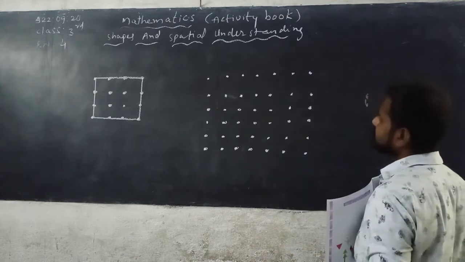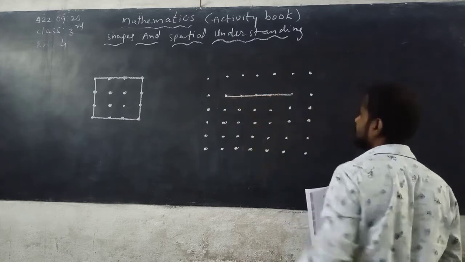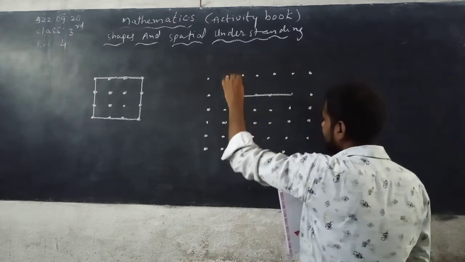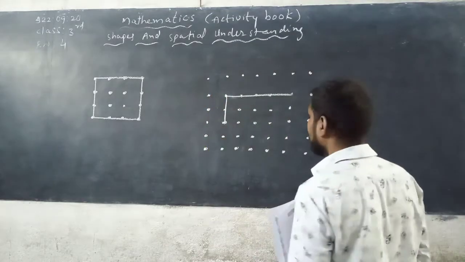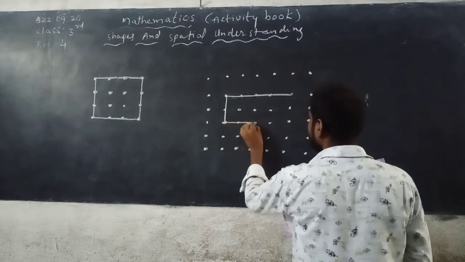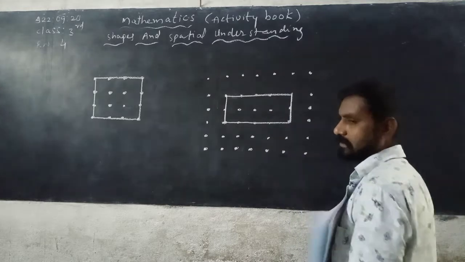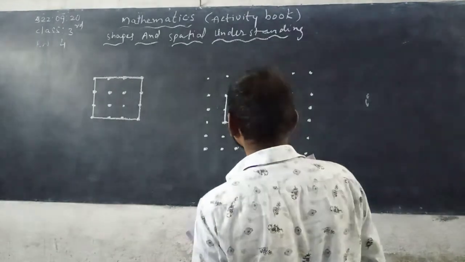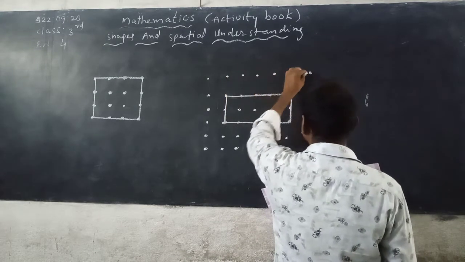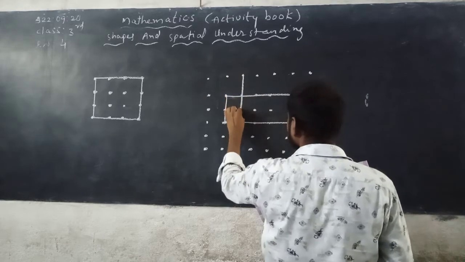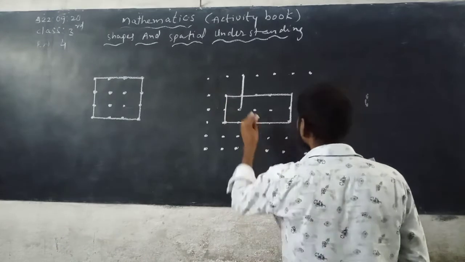You can choose 1, 2, 3, 4, 5 dots. Draw a line along the dots, and down only you have to take 3 dots. This is the side, and you can draw one line by using 5 dots, and you can draw one line by using 3 dots. Now next, you have to take this 1, 2, 3, 4, 5. You have to take 3 dots. You can draw a line, that is column, and you can draw one row.